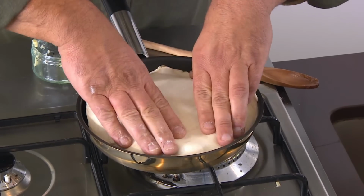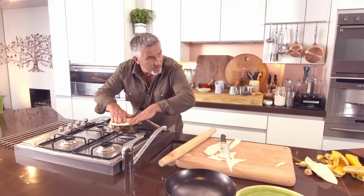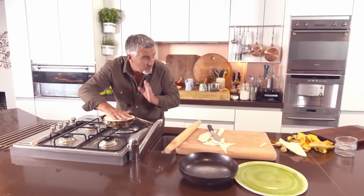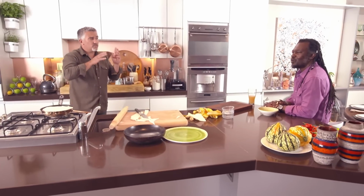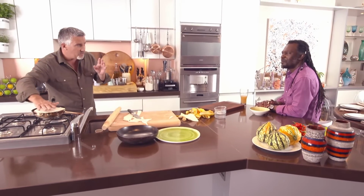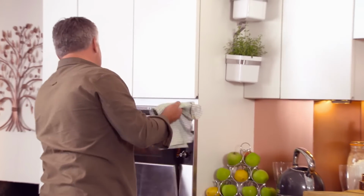So what you've got is your caramel, you've got your layer of bananas, and then you've got this puff pastry, which is still cold, and the whole thing goes into quite a hot oven, where you want to put it in about 200, for about 15 to 20 minutes. Now, what I'm going to do is pop this into an oven, but fortunately...